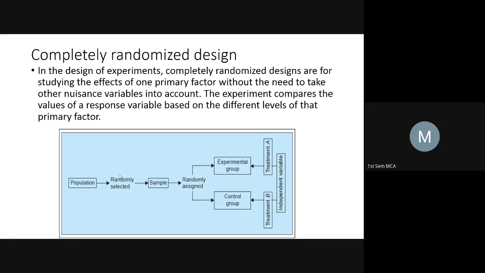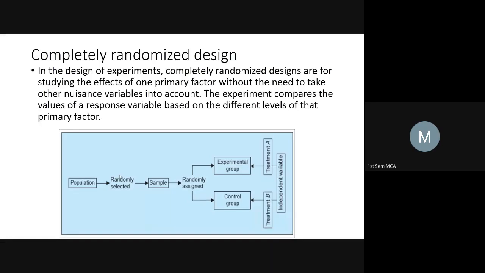Okay, so this is completely a randomization process. Now when I've taken 30 as my sample, out of 30, 10 I put in the experimental group and 20 I put in the control group. This is one level. Next level, I will put 15 in the experimental group and 15 in the control group, and I will see what the response is. Third possibility, I can have 20 in the experimental group and 10 in the control group.